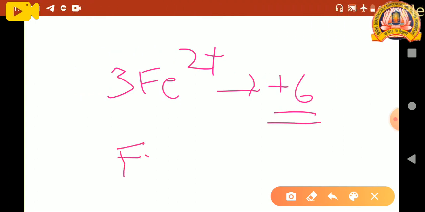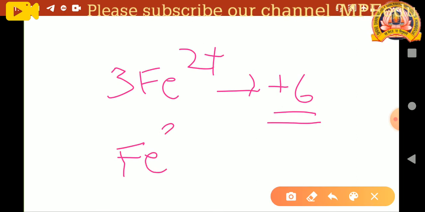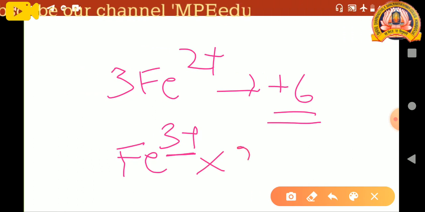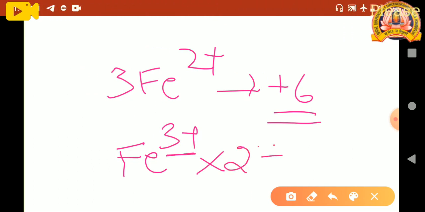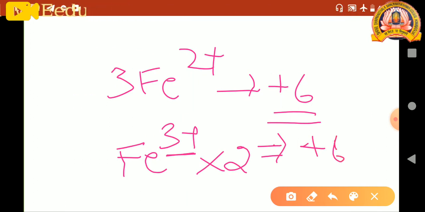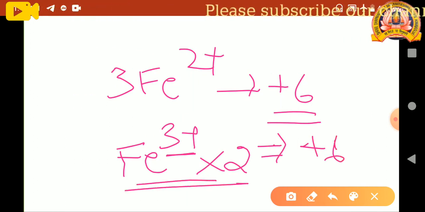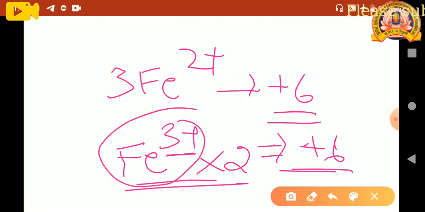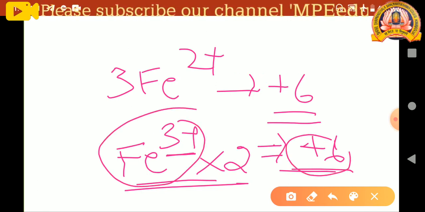Yes, 6 positive charges evaporated. So 3 Fe are evaporated, and to maintain